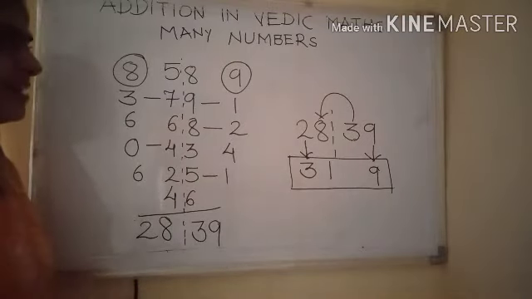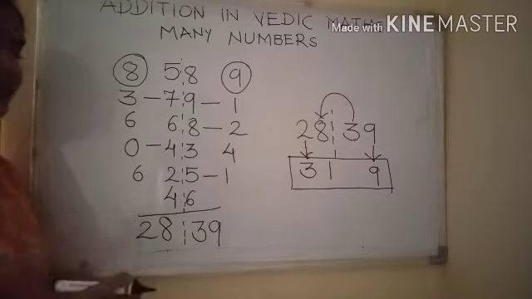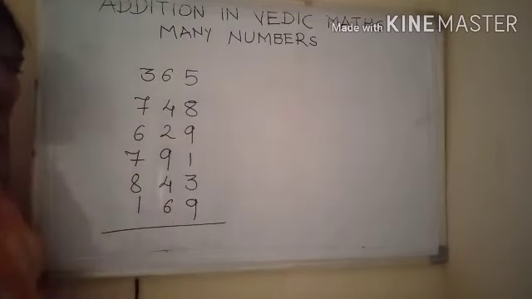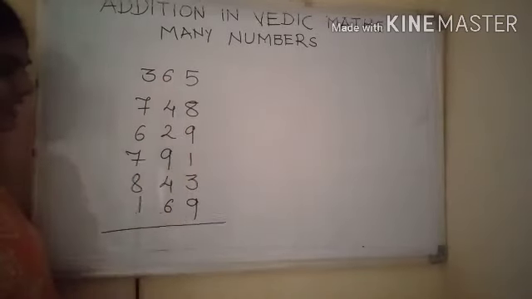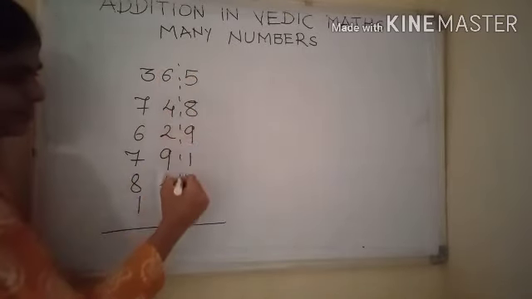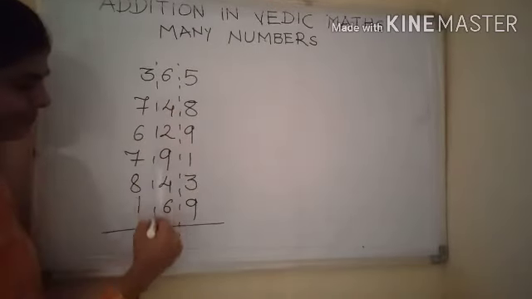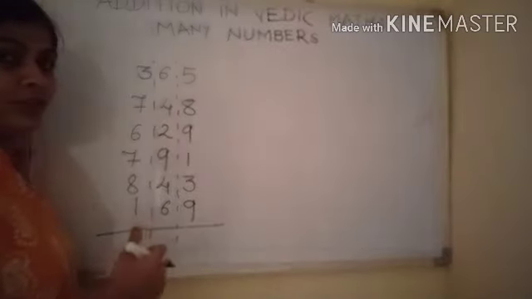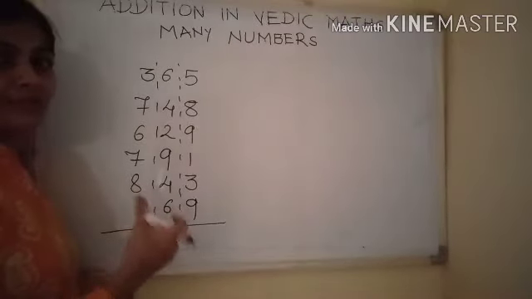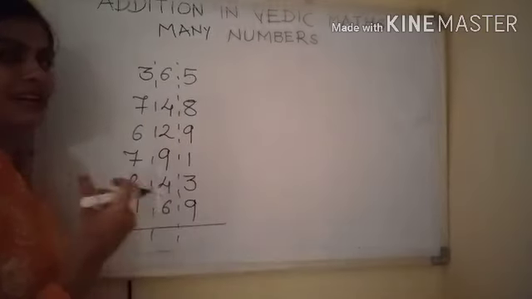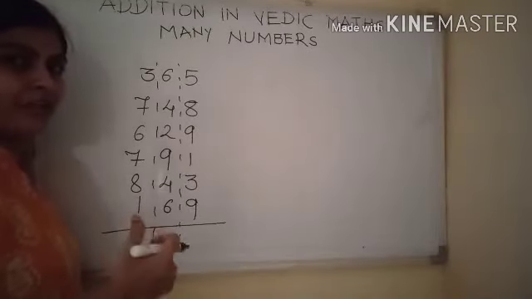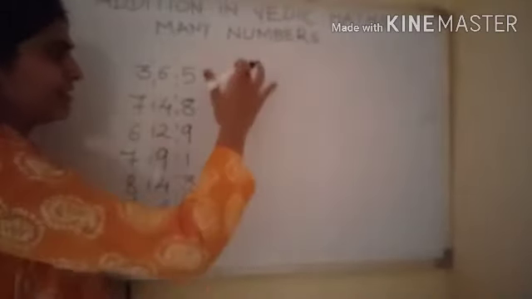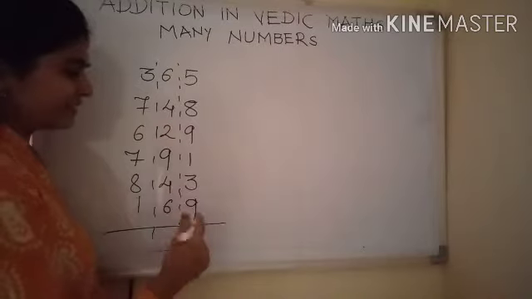Now let's have a look if we are having 3-digit numbers. See, I have written some 3-digit numbers, and we need to do its addition. What is our first practice? Separating. Now let's discuss first thing. Now we need to keep numbers in our mind. This you can do whenever you are having practice of the n numbers, and you can keep these n numbers in the mind, right? I won't write answers, I will write only final answer, okay? We will just discuss it.